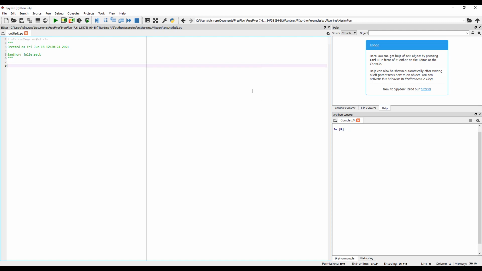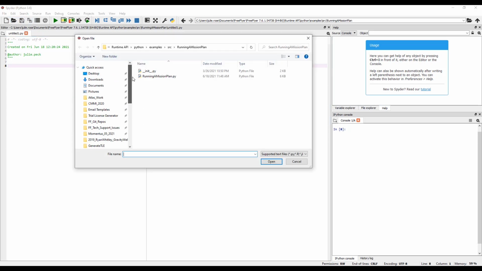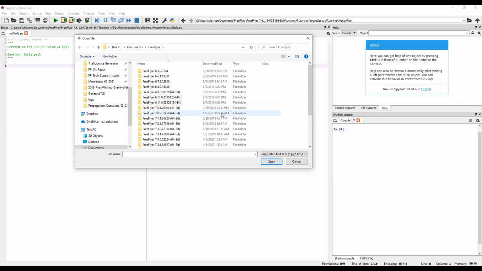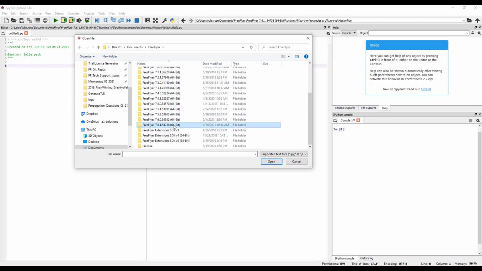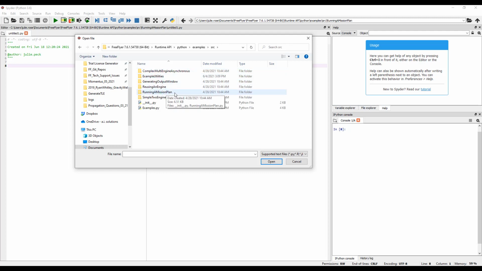This is exactly how it should work on your computer if you have FreeFlyer installed. I'm going to hit open, and then navigate to my Documents folder, FreeFlyer, my current FreeFlyer version, Runtime API, Python, Examples, Source, and